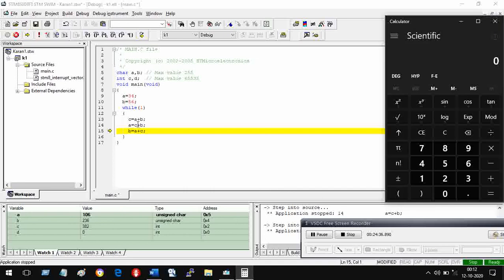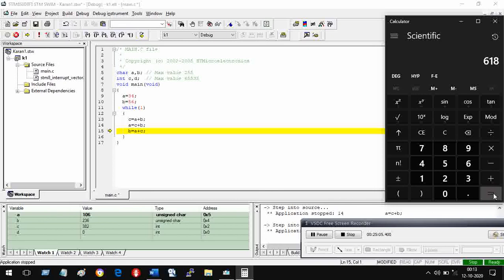You said that A is equal to C plus B, and C is 382 and B is 236. So 382 plus 236 is equal to what? Is equal to 618. Now 618 you cannot have because A has a maximum value of 255.